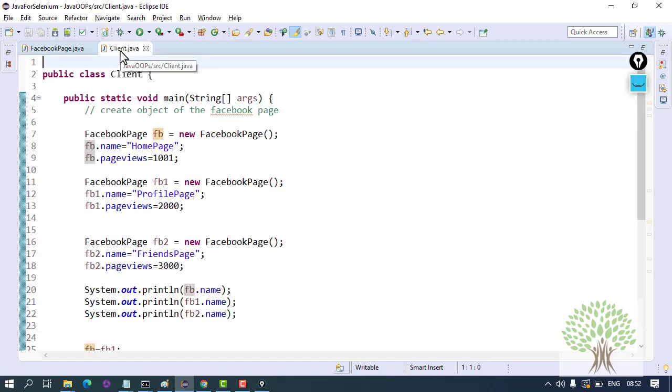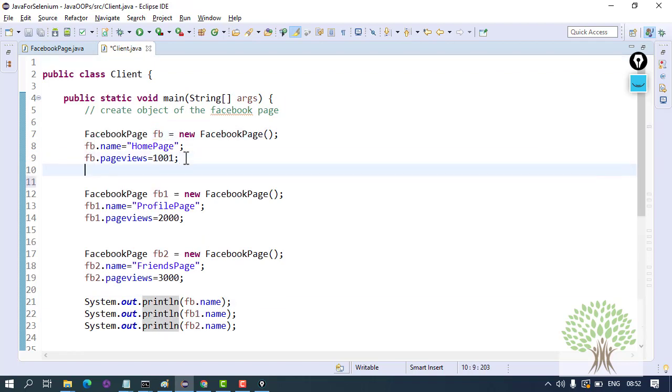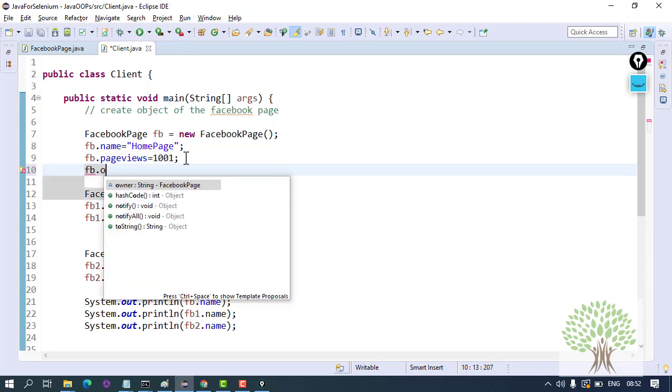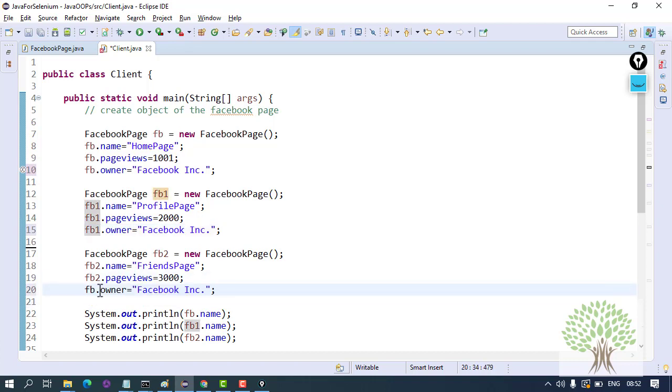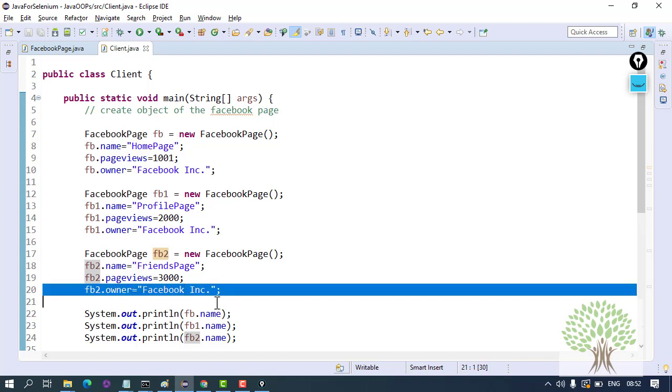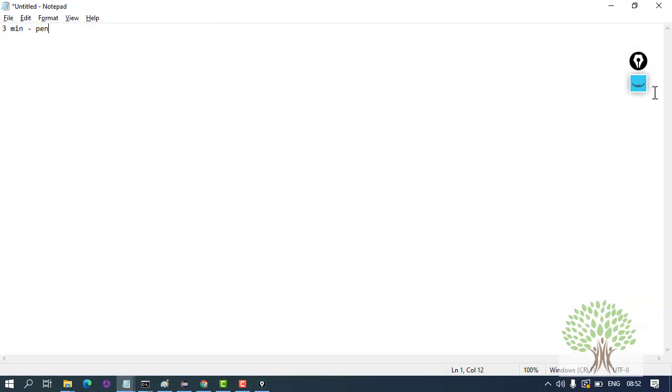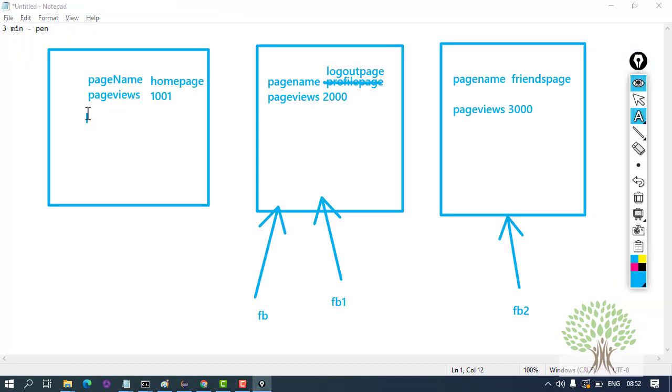If I'm creating the object of this web page, then I will have to initialize this variable to Facebook Incorporation for every object. I have to give it the same value for every object, which actually doesn't make sense, because it is unnecessarily eating up my memory in every object.